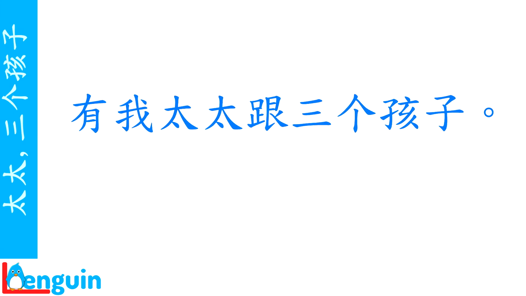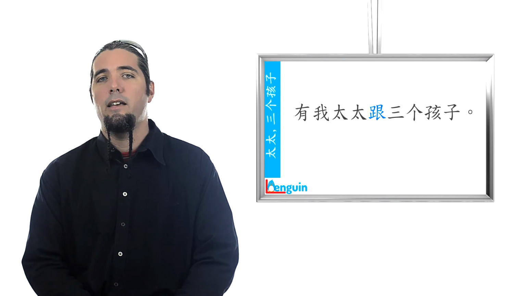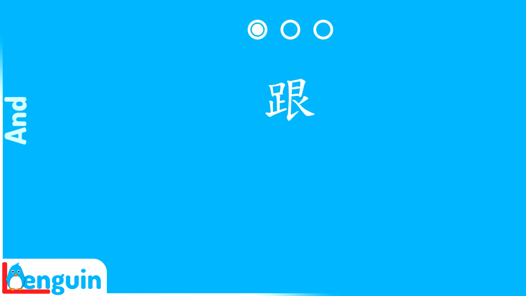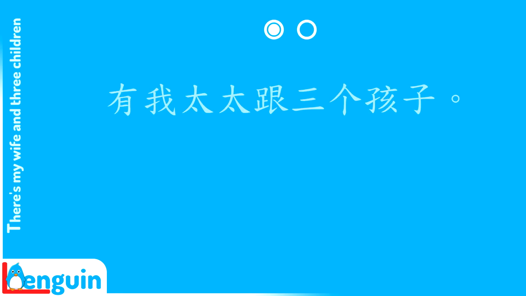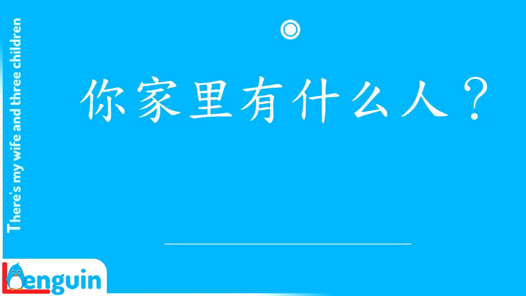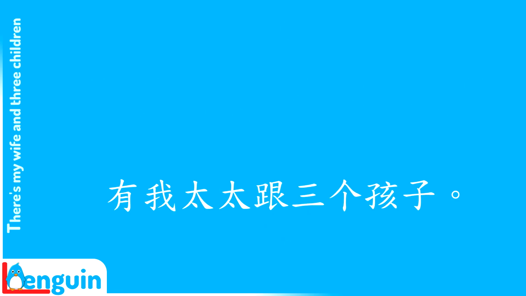有我太太跟3个孩子。 The word 跟 is used to connect nouns and noun phrases. Repeat this word for and. 跟。 Repeat the sentence, there's my wife and 3 children. 有我太太跟3个孩子。 Try responding to the question yourself. Assume that you have a wife and 3 children. 你家里有什么人？ 有我太太跟3个孩子。